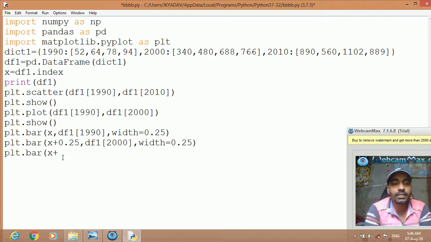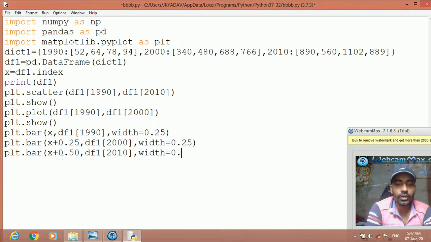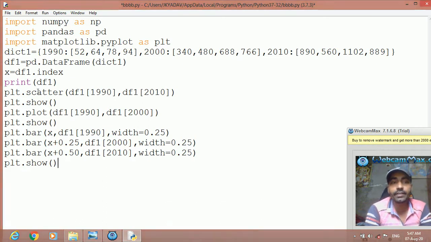So x plus 0.50, comma df1 of this time 2010, close, comma width equal to 0.25. Okay, now show the chart. plt.show. Now you will see the multiple bar chart after scatter chart and line chart.